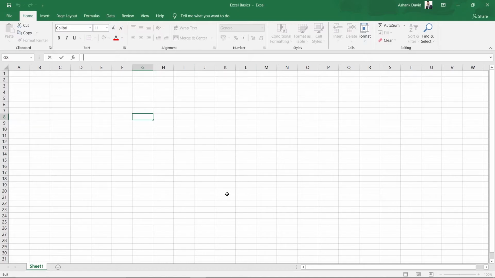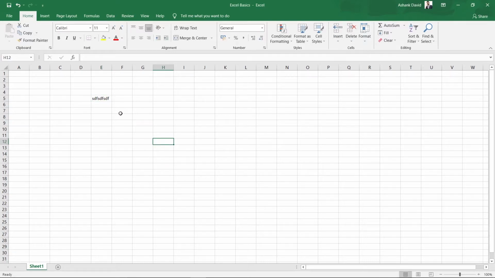Now let's move on to our main work area, which is the worksheet. Basically this is where you work. Suppose you want to type into a particular cell. There is one shortcut: if you select that cell and press F2, it will bring your cursor into that cell. Or you can just double click on a cell and that will open your cursor for you. Or if you don't want to see the cursor, you can just select that cell and start typing on your keyboard, and this will allow you to type into that cell.